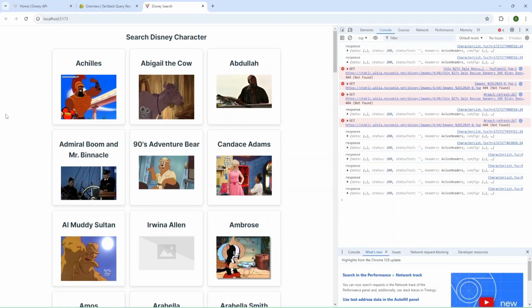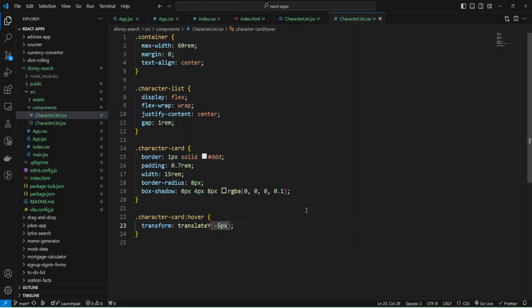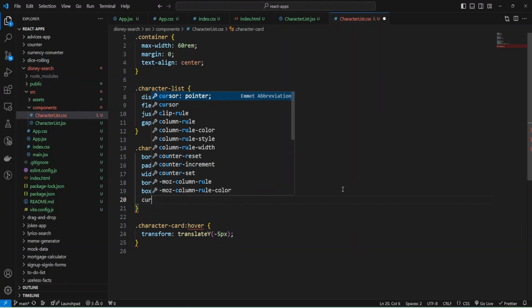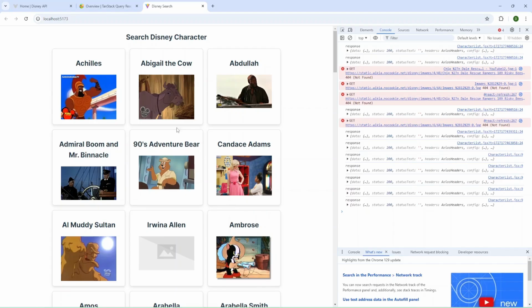And as you can see, when I'm hovering over the card it is moving, and we also can make cursor pointer, and we have cursor pointer.